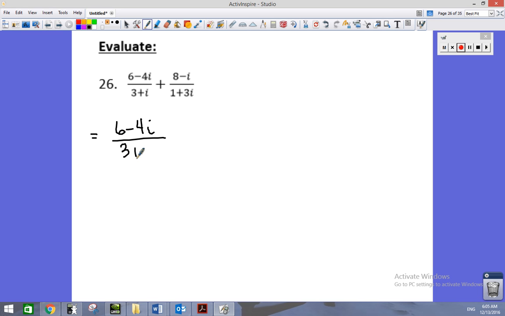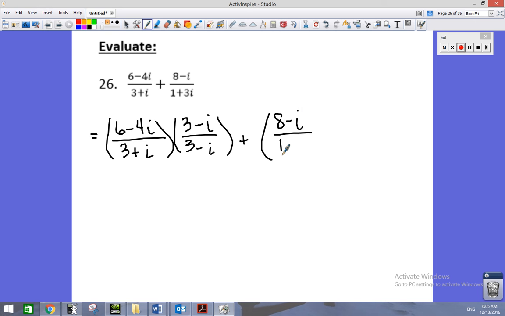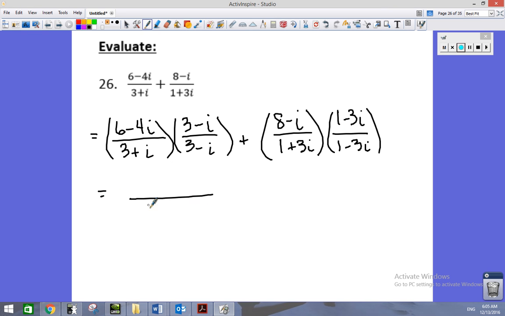Let's multiply this first fraction by 1 using the complex conjugate of the denominator, and the same with the second fraction, because right now they do not have a common denominator. So I'm just going to get rid of the imaginary unit. So here I have 3 squared plus 1 squared, and